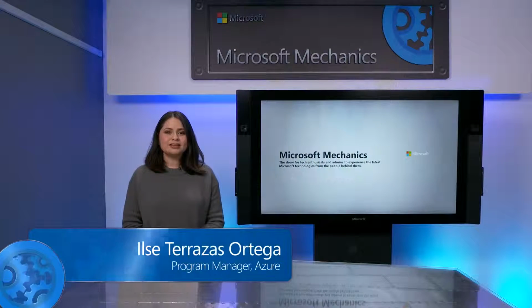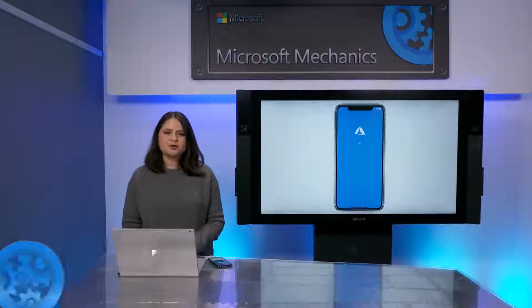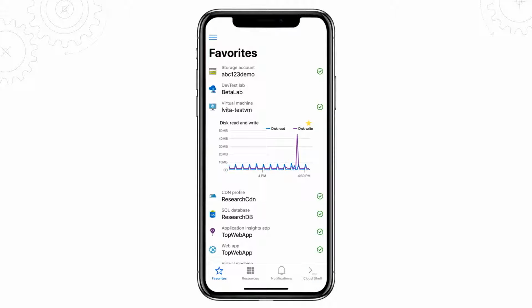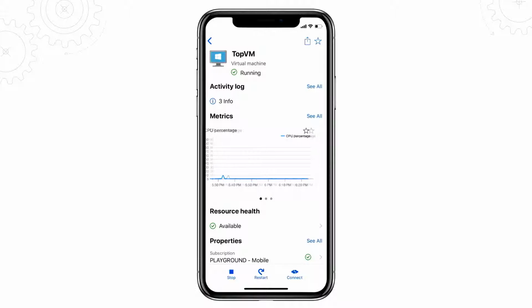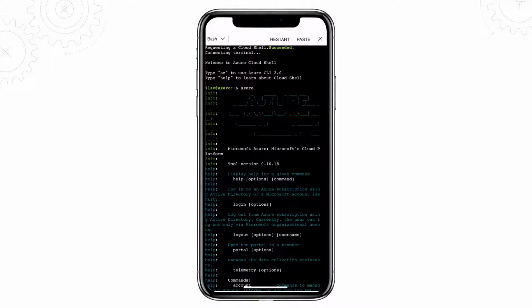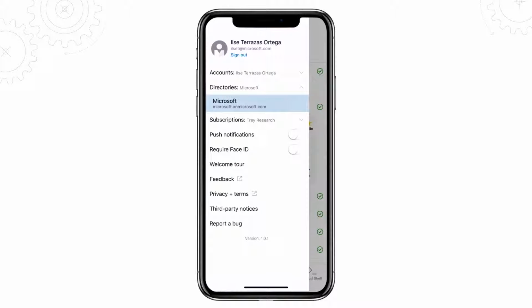Coming up, I'll show you the new Azure Mobile App, which gives you quick access to your Azure resources, allowing you to check on their status. I'll also share with you how you can diagnose and quickly fix issues, including running commands or firing off your favorite scripts with Cloud Shell, and how you can receive push notifications for service health alerts, all of this directly